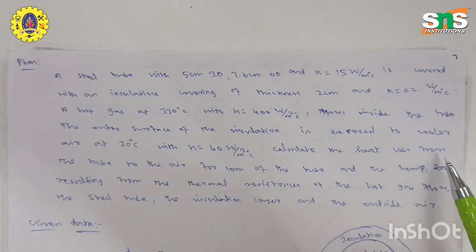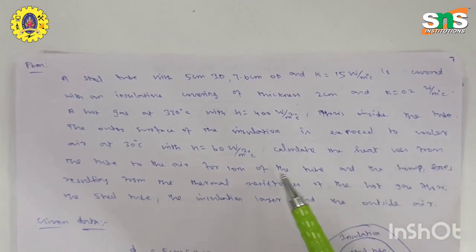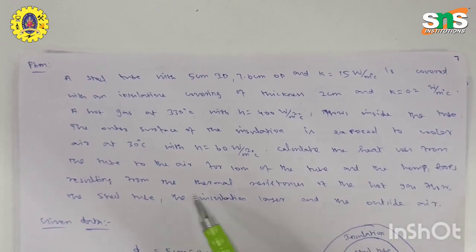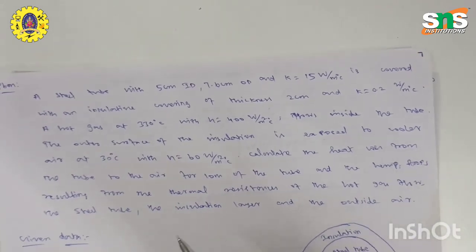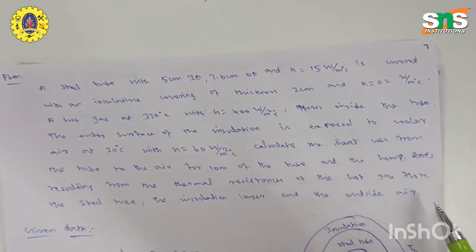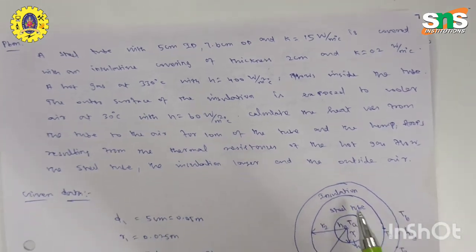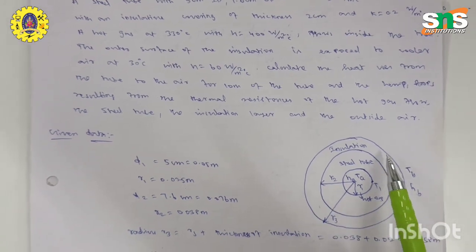So calculate the heat loss from the tube to the air for 10 meter of the tube, and the temperature drops resulting from the thermal resistance of the hot gas flow, the steel tube, the insulation layer and the outside air. So this is the given data of the problem, and here we indicated all the given